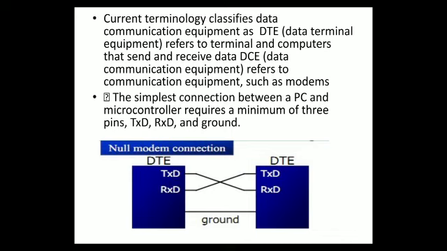So how do we do this? The TxD pin of DTE is connected to the RxD pin of DCE, and the RxD pin of DTE is connected to the TxD pin of DCE. So receiver is connected to transmitter, transmitter is connected to receiver, and a common ground. If you do this, you are ready to send data without any interference. Are you getting this? This is how we can connect a simple serial device to a microcontroller also. A PC also can be connected to the 8051.